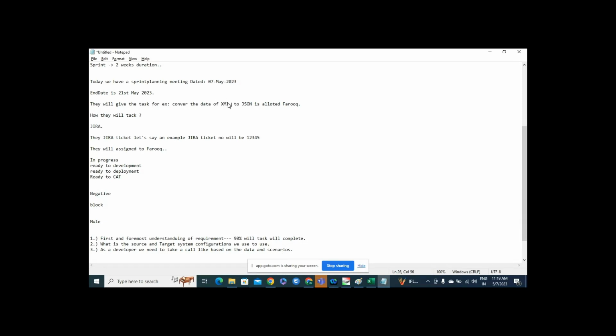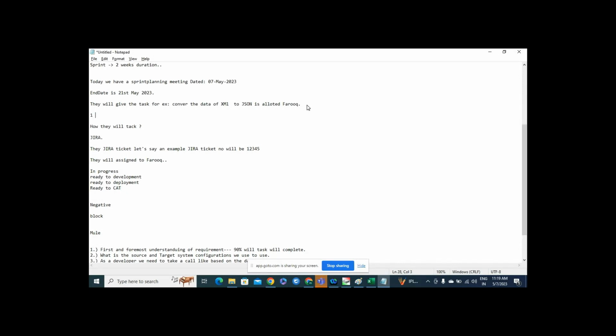For example, what is the volume of the XML you are sending: 1,000 records, 1 lakh, 10 lakh, 1 crore? For example, you tell me you're sending 1 lakh records. So currently the data is 1 lakh records.